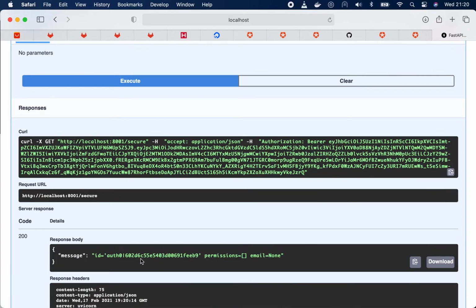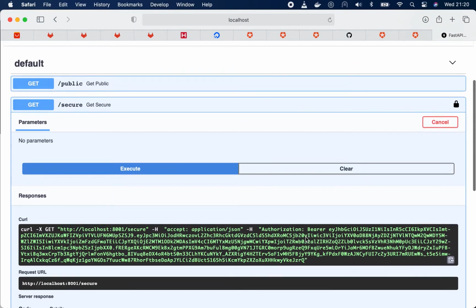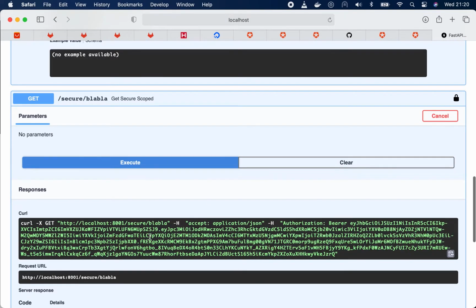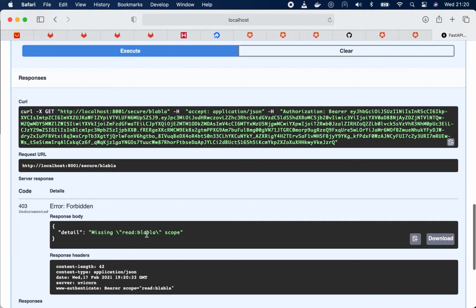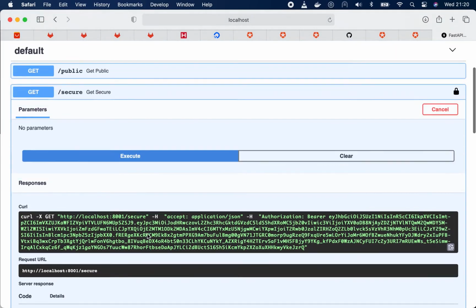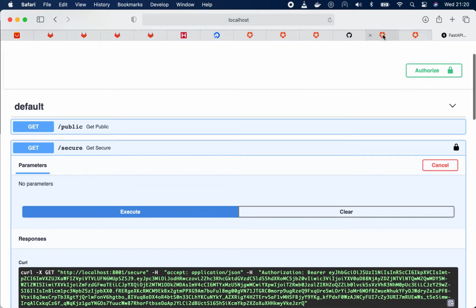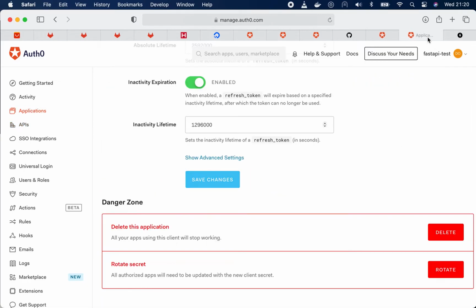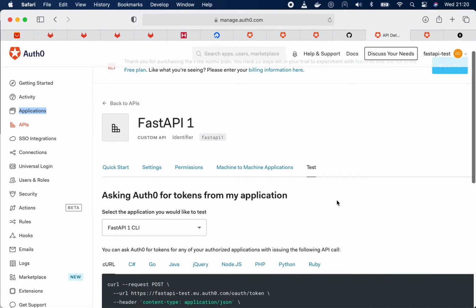So it looks different already. We have the ID auth0 602. Okay, still no permissions, still no email. That's normal for now. Let's try the scope. This should fail again. Yeah, it's missing the read blah blah scope. Now first of all, actually, we have to,